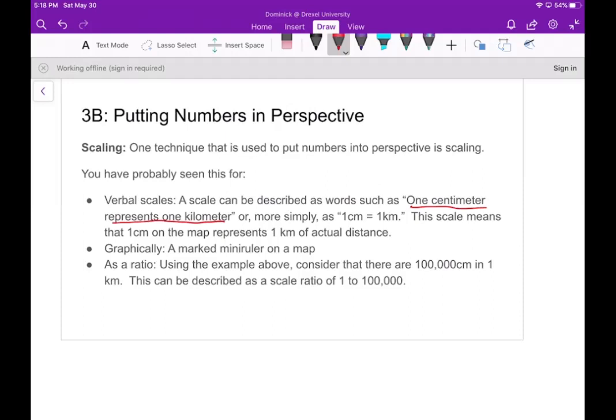Now, most of the time, this usually means that if you're looking on a map, 1 centimeter on the map represents 1 kilometer of actual distance, right? Sometimes you'll even see this marked using a graphic on a map, right? And a lot of times this is even used in ratio form, right? So you can say that there's a scale ratio of 1 to 100,000, right? Using the fact that there are 100,000 centimeters in a kilometer,